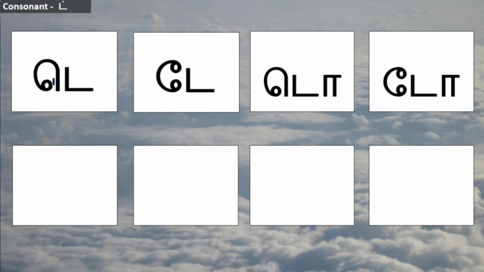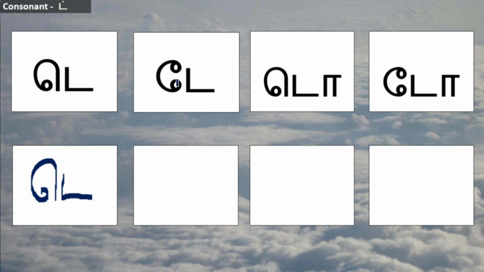Te is written with a symbol called ஒற்றைக்கொம்பு prefixed to the letter ta. ஒற்றைக்கொம்பு symbol is a small circle with a curve extending upwards, then a vertical line. A small circle, a circular arc, then a vertical line. So this is ஒற்றைக்கொம்பு. It is suffixed with ta. This is te.